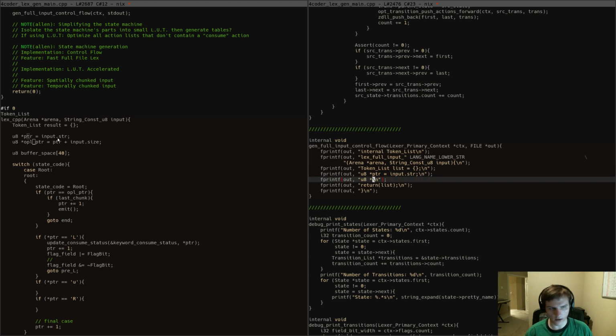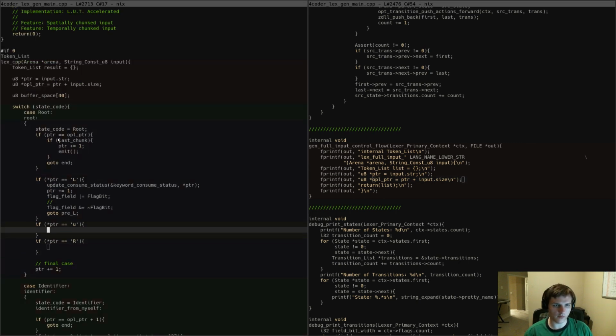It's going to iterate to the one past last position, which is right there. And once we've got those, then we're ready to, we don't need buffer space because that's only for buffering up values of the source that might get lost over temporally chunked input, and we're doing full